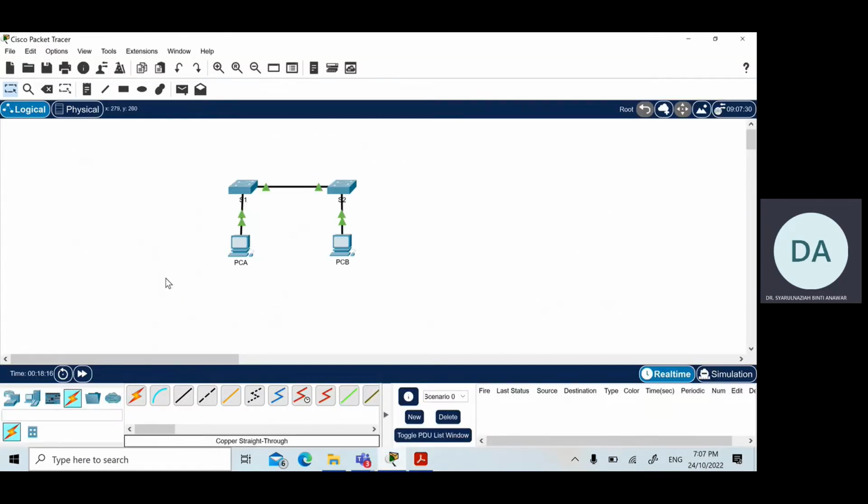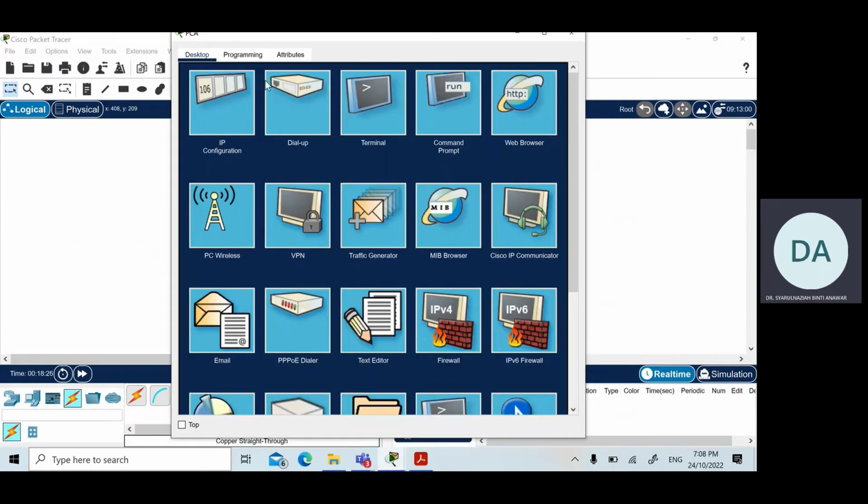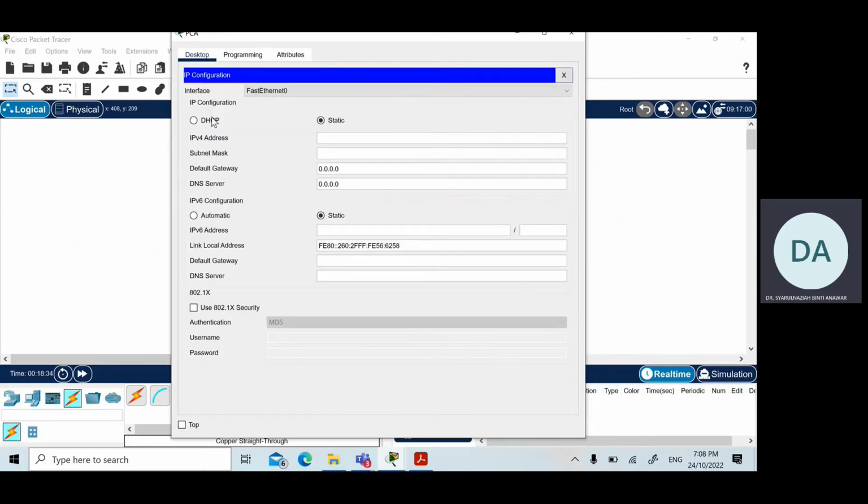So first, in the Packet Tracer, we will configure the IP addressing for PCA. In PCA, you need to click on the PC and click on the Desktop tab here. Click on the IP Configuration. This is the interface where you will configure either DHCP or static IP address in Packet Tracer. So according to the IP addressing table, the IP address for PCA is